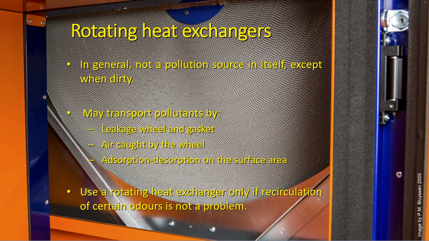Then, it is important to prevent leakage from return to supply by installing a heat exchanger with a purging chamber on the hot side of the wheel, and by correct installation of the wheel. Finally, you should keep the supply air clean by installing filters in both ducts upwind of the heat exchanger to avoid clogging of the wheel and improve the supply air quality. As with the humidifiers and filters, it is of course also important to inspect and maintain regularly.